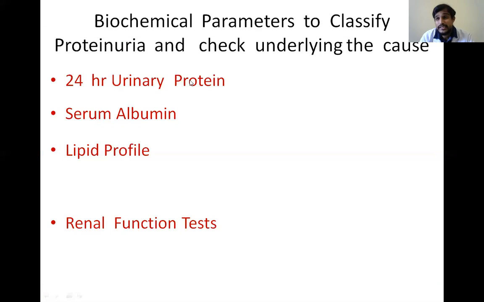So here also, as it is proteinuria, the first investigation is 24-hour urine protein, by which we can check the range of proteinuria, whether it is mild, moderate, or severe, whether it is in the nephrotic range or not. And we will see the albumin, because in proteinuria there will be loss of albumin in the urine and decreased albumin in the blood. And lipid profile, due to proteinuria, we know there is hyperlipidemia due to decreased oncotic pressure and increased hepatic lipogenesis. So that's why we'll check the lipid profile also. And apart from that, we'll do the routine renal function test, as proteinuria is related to the kidneys.